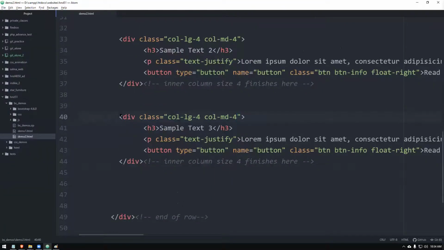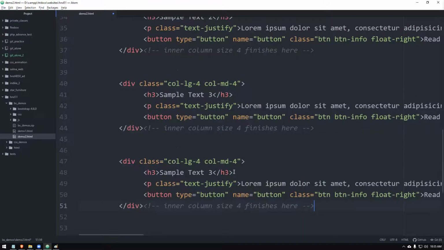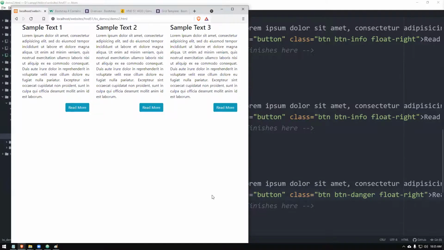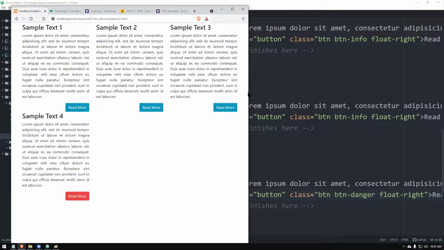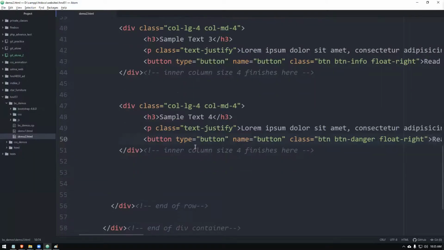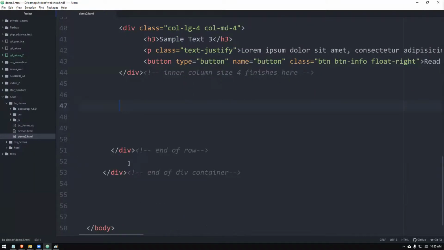Now if you try to add another column here, this makes it 16, right? If you try to put another one, that always comes in the next row. This is not good design anyway. Don't fit a lot of things automatically. For a gallery-like thing, it's okay. But when you are designing, if you know for one row you need 3 columns only, once you have finished that, you can start another row.